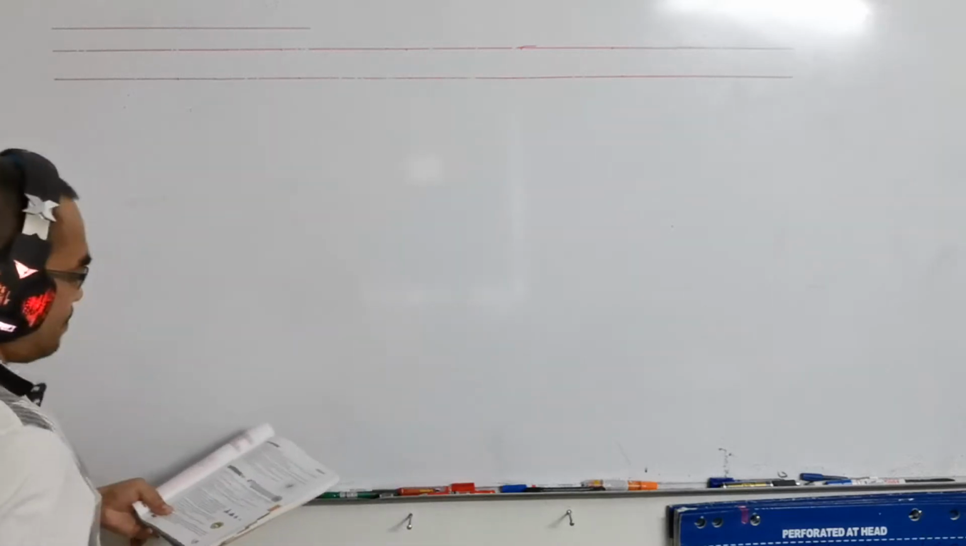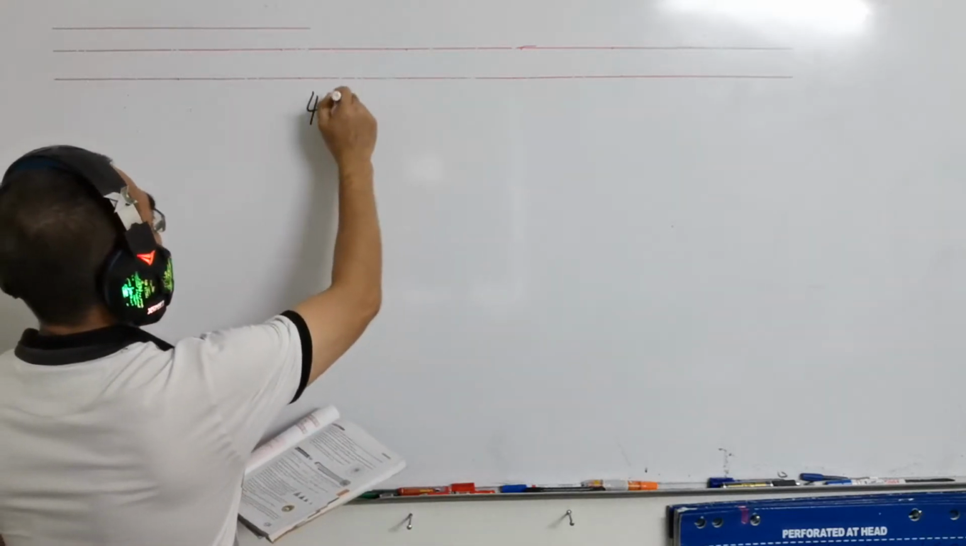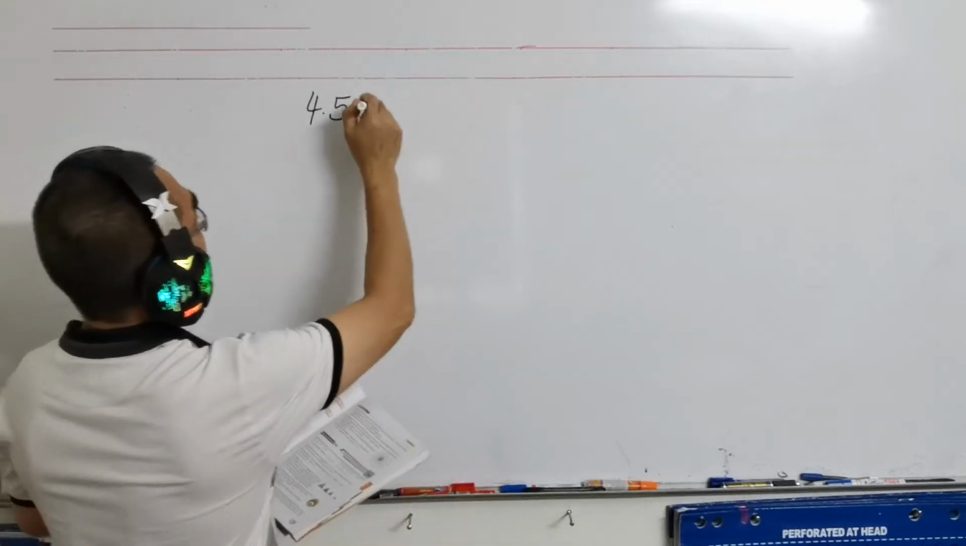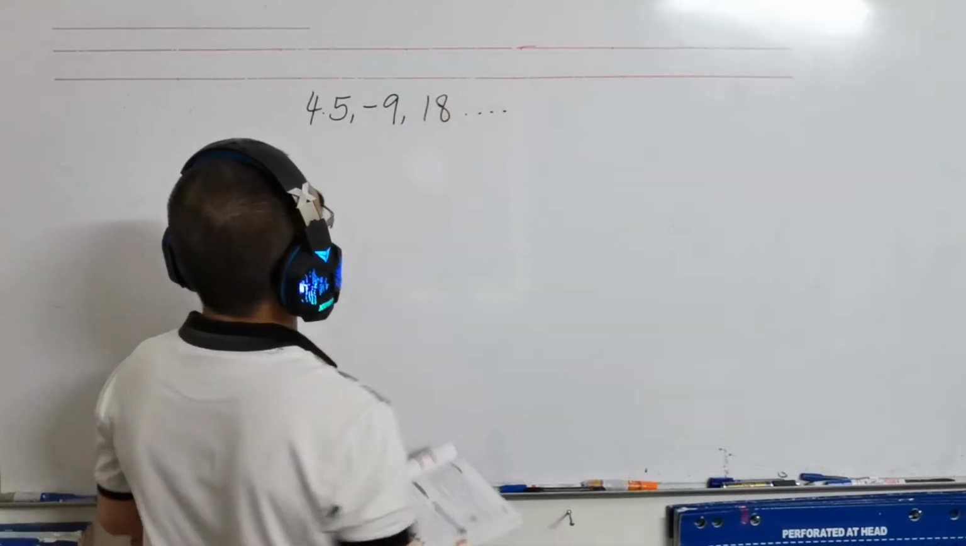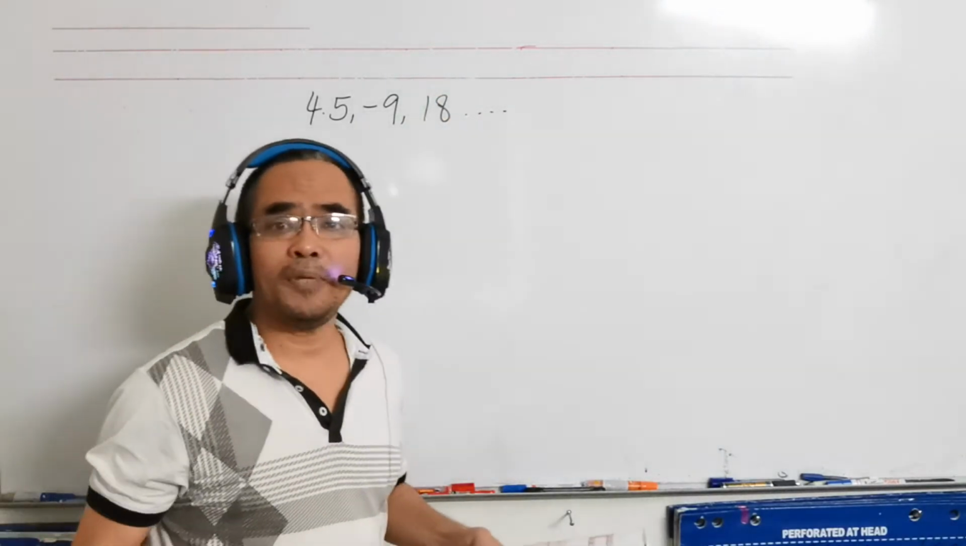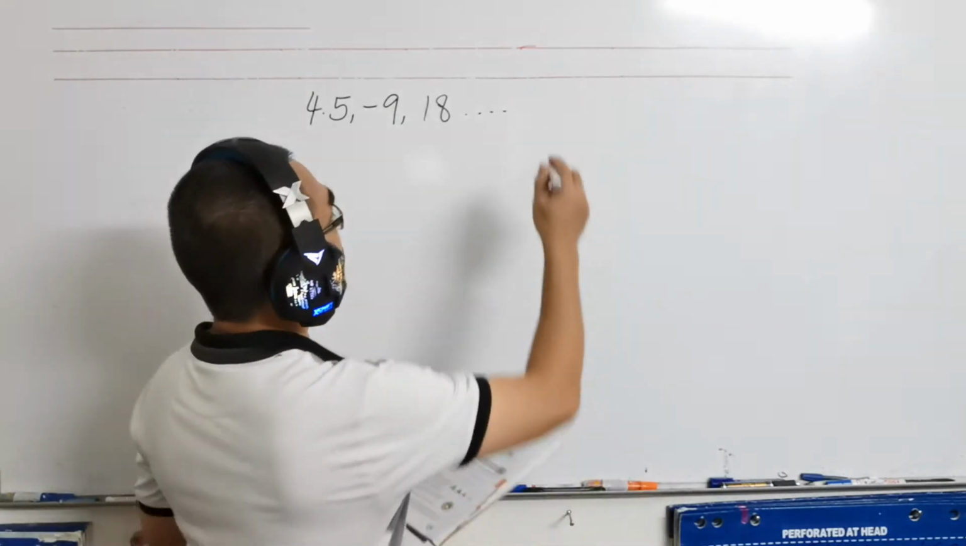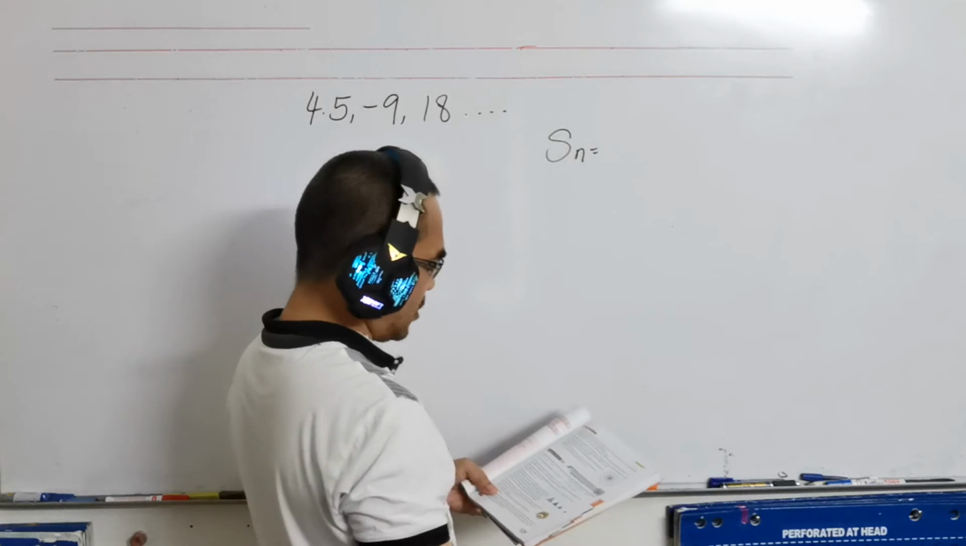Given that the geometric progression 4.5, negative 9, 18 and so forth, find the number of terms for this geometric progression in order for the sum to be 769.5. Okay, so I write down the arrangement first. That is, the first number is 4.5, and then negative 9, then 18. Okay, so how many of this term that we have to take in order to become the total will be